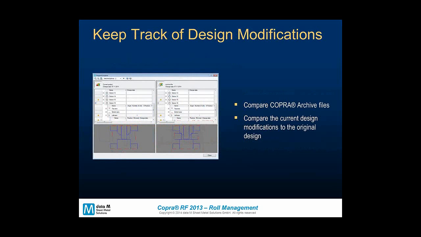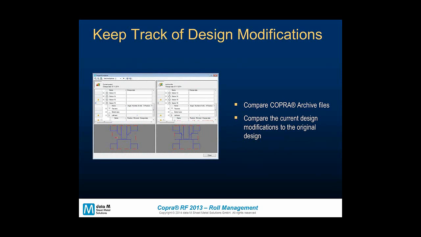And another function we have now is the project comparator, and this allows us to keep track of design modifications. Essentially we can compare COPA archive files. We can compare the current design modifications to the original design. As we can see here in the example,